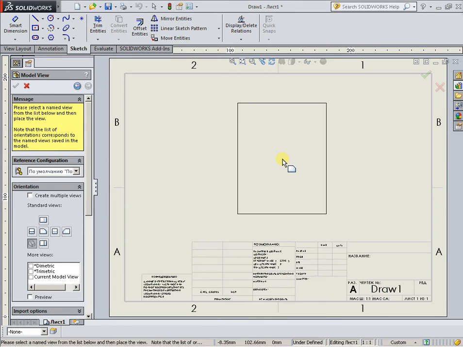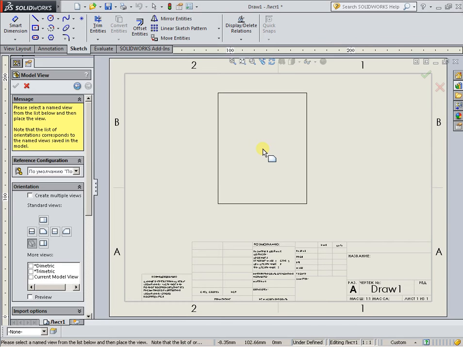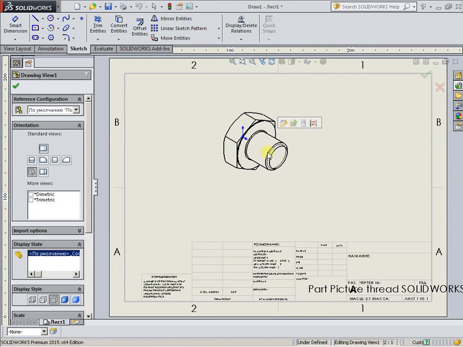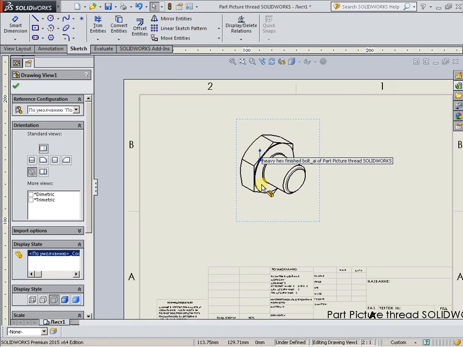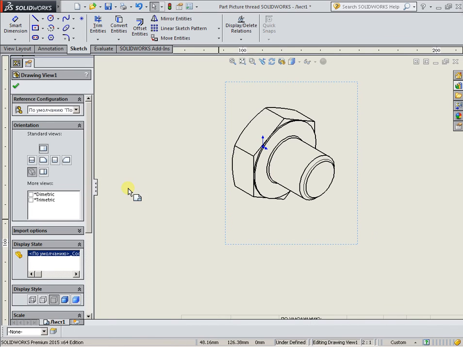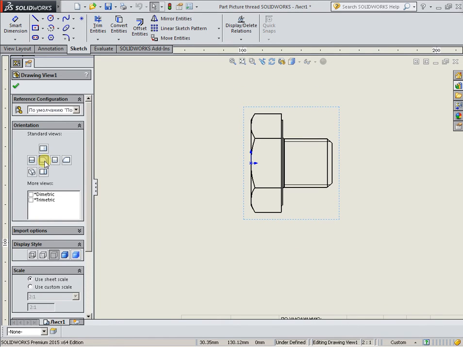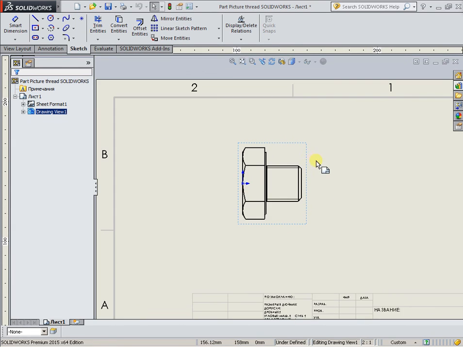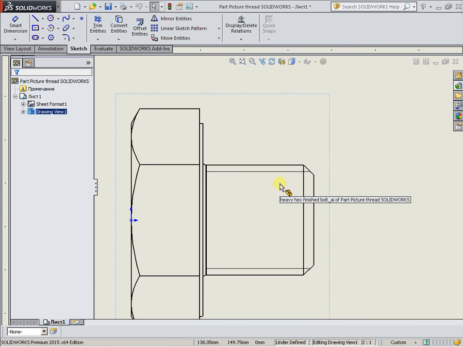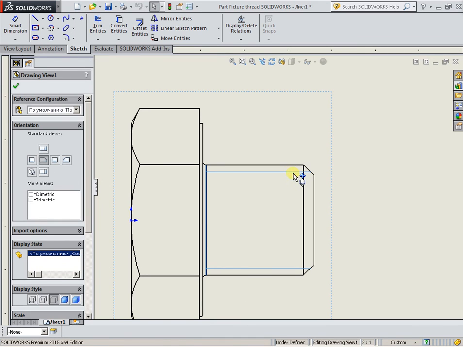On the drawing is displayed with the image detail of the thread. No, that. And close dialog. We have picture thread on the draw,